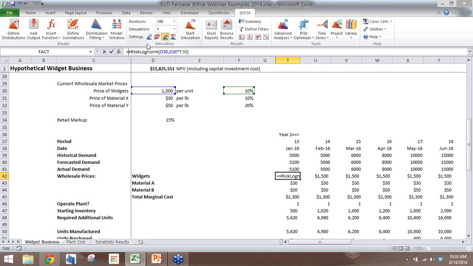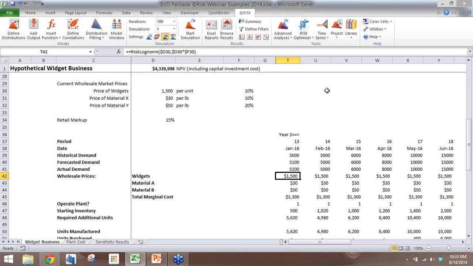And I need to get rid of that part of the equation. Okay, so back up to my formula, I've got the risk log normal function using D30 and D30 times F30 now as my dynamic inputs, which makes my model easier to work with. What I'm also going to do here is use my F4, as I mentioned before, so that my columns will stay the same for each of these parameters,